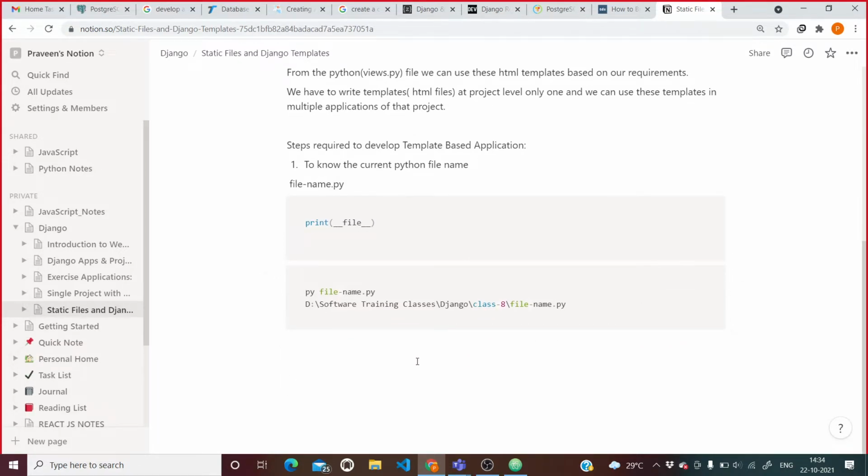Now what is the second thing which we need to know? The second thing is the absolute path of the current Python file name. How can you do that?